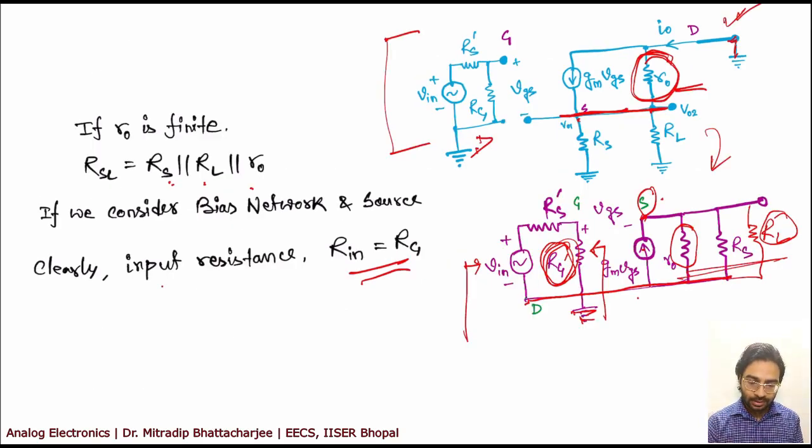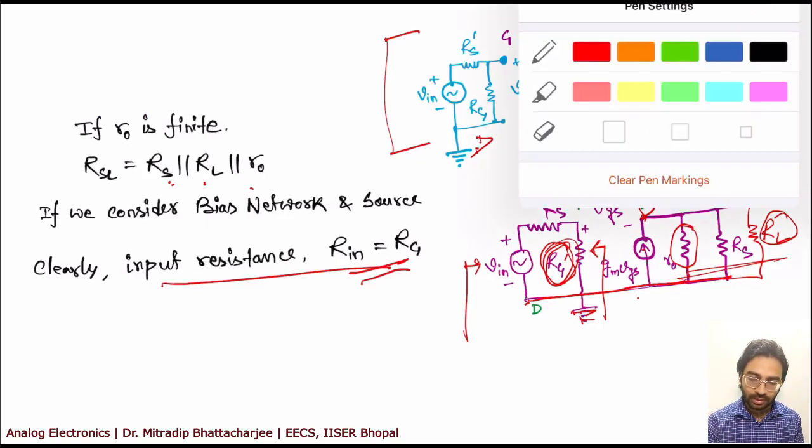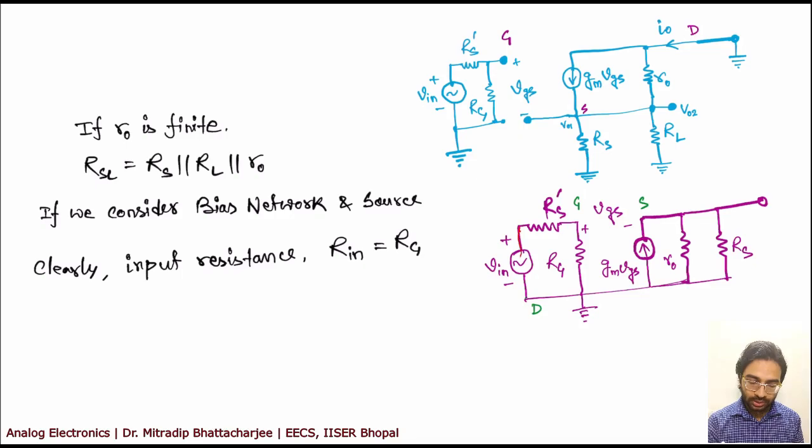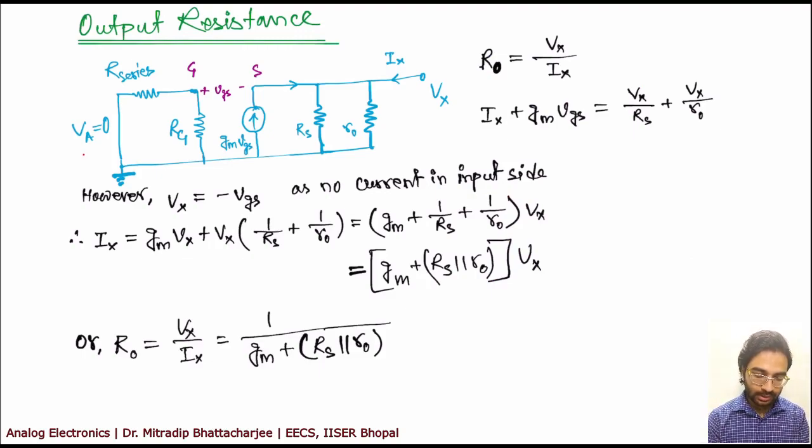Okay, so this is your input resistance. Now what is the output resistance? I've already said, when you calculate the output resistance, short the input part, all the voltage sources you can replace with a short circuit, all the independent current sources can be replaced by an open circuit. So you just short this part, calculate the Vx and Ix value, then your Vx by Ix will be the resistance. So similar thing. We have a short. Now in this case your V in, or V out, whatever you say, is 0.